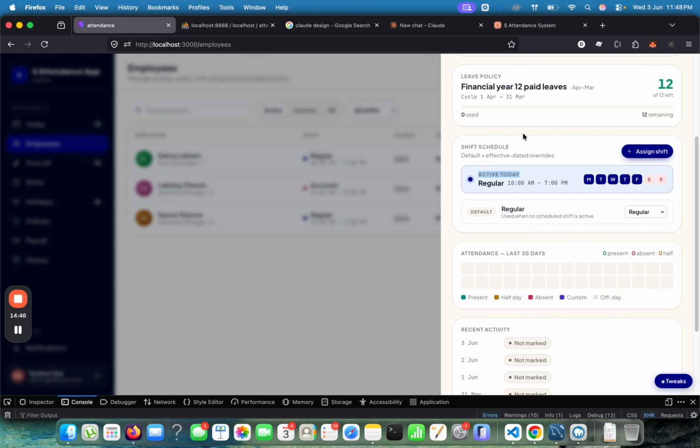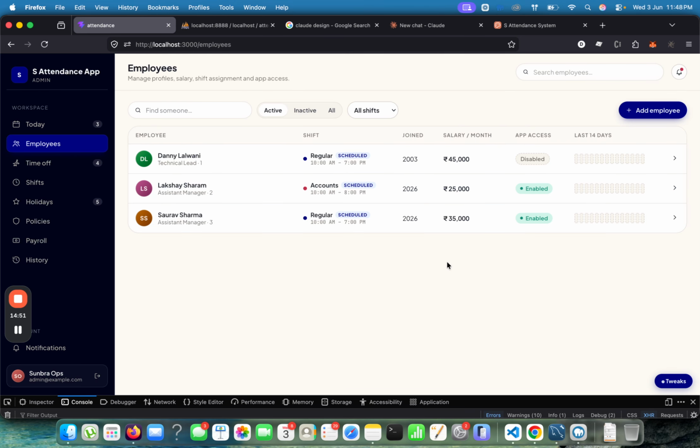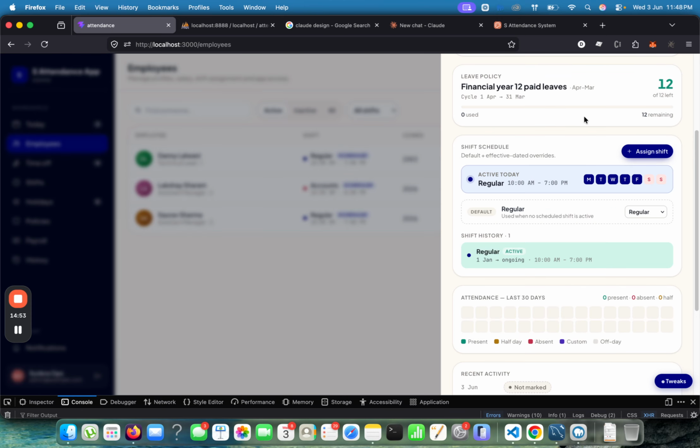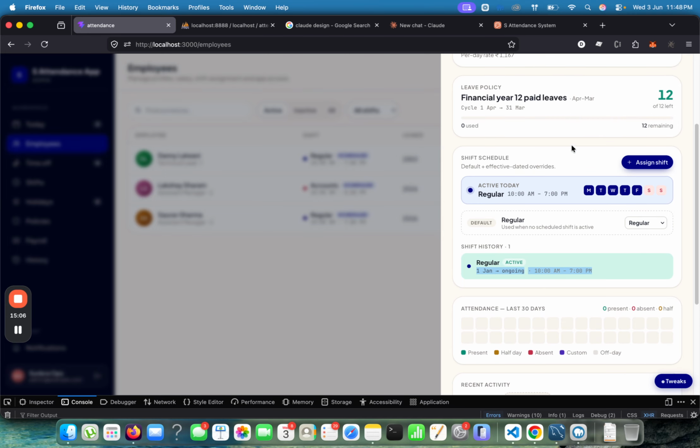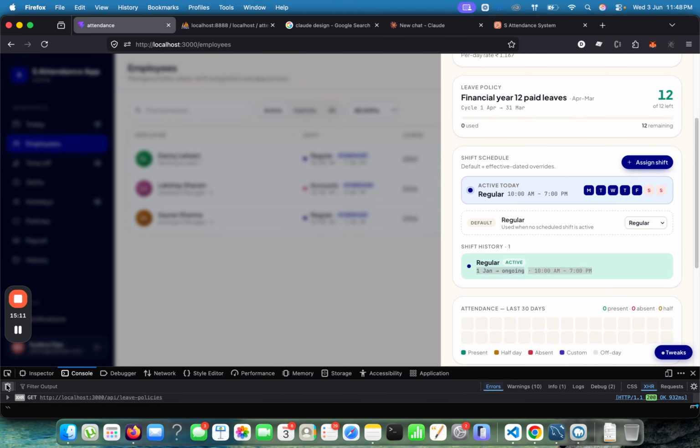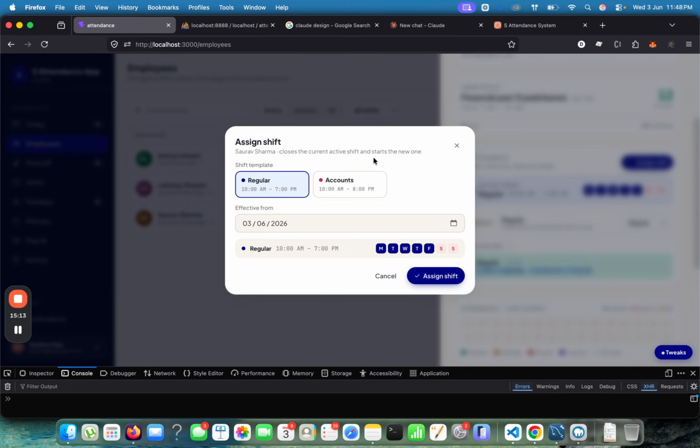Now it's going to verify the build. Okay, great. So let's reload the page. Shift history is regular. This is active. 1 January to ongoing, 10 a.m. to 7 p.m. Perfect. I do not know if this block is going to be used. I'm not very confident about that, so we can remove it in future. For now, let's go to assign shift. Let's put it on accounts shift